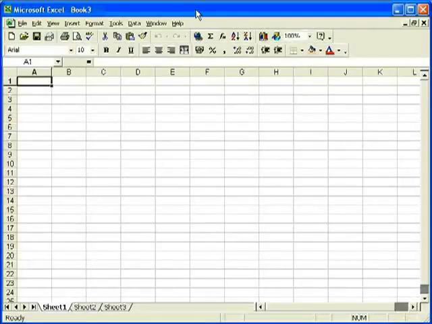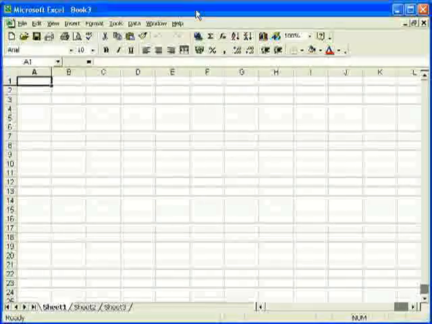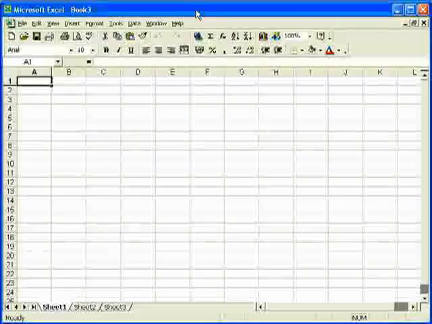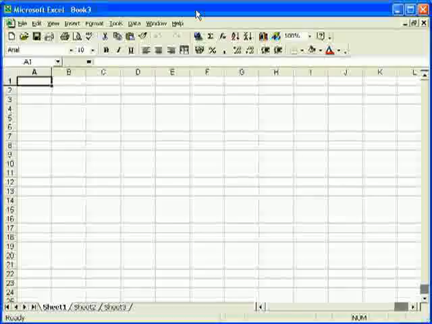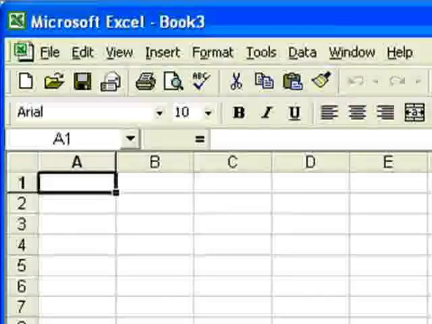Welcome to a first look at Microsoft Excel. What I'm going to do for this introductory session is just to show you a few of the things that you can do, and then later on we'll get into exploring all the different options and possibilities that the program offers. But let's just very quickly do a spreadsheet, something that I presume everyone's wanting to do,